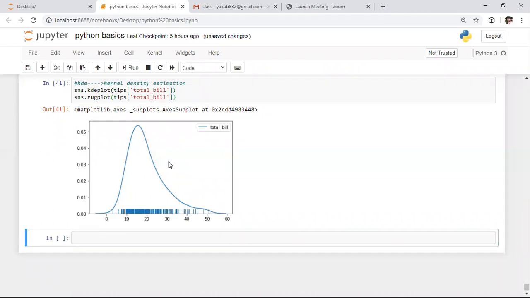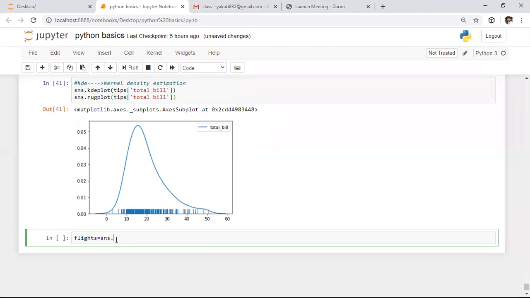After that, we have different categorical plots, but you might be aware of those plots in matplotlib itself, so those are not required for you. After the categorical plots, we have the heat map. That is a very important thing coming to machine learning. Coming to the matrix plot, we have this heat map. For that purpose, I need to import one more data set, that is the flights data set. I want to use the flights data set to explain this, or else I will consider the same data set.